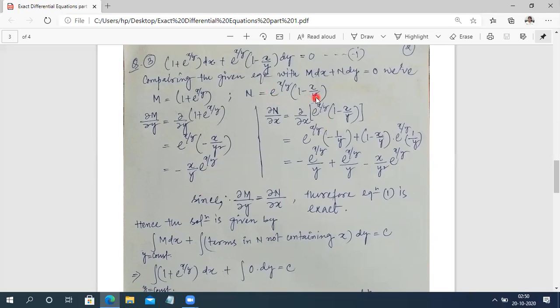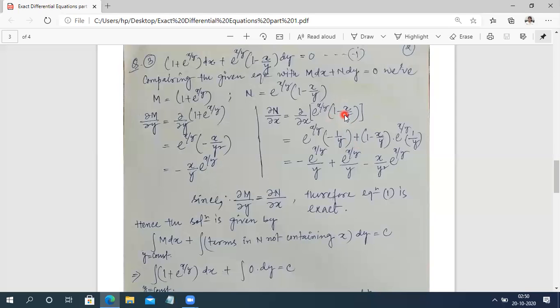Similarly, n is e raised to the power x by y times (1 minus x by y). So differentiate partially with respect to x, keeping y as constant. So this value will be like this. In the second term, if we differentiate it with respect to x, keeping y as constant, it will give minus of 1 upon y, plus the second term, that is 1 minus e raised to the 1 minus x by y,